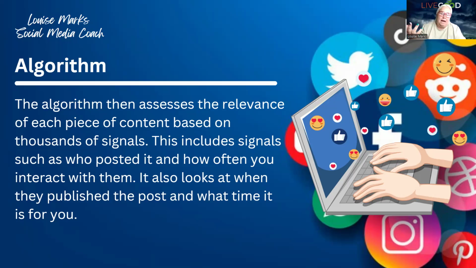It'll also look at when you've published a post and what time you're on. For example, I did a Netflix post, you'll know the Netflix post, and I did that 3 months ago. That might not necessarily show up on that person's timeline. However, if I went in and interacted on that post, that basically pushes it back up. And the people that are on Facebook at the time will probably see that post.